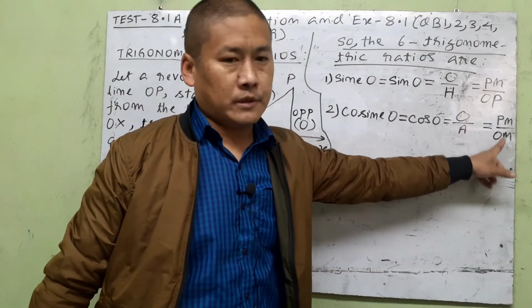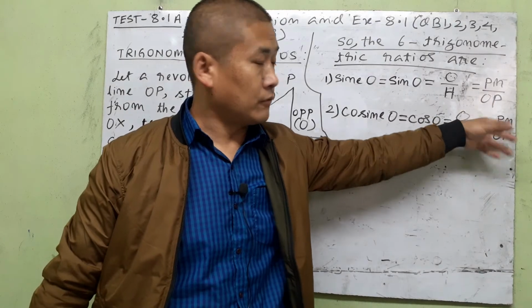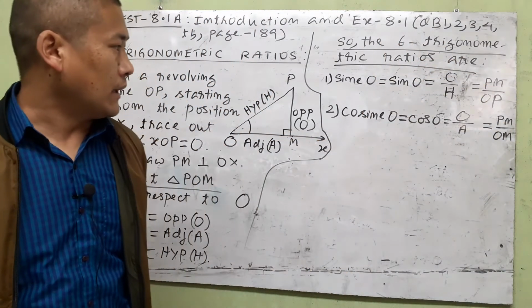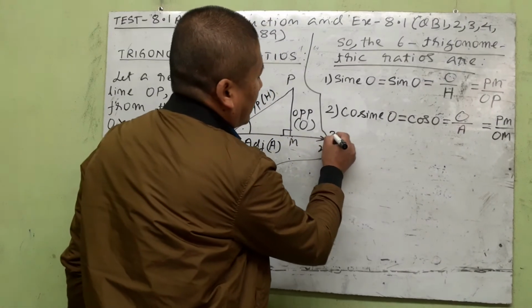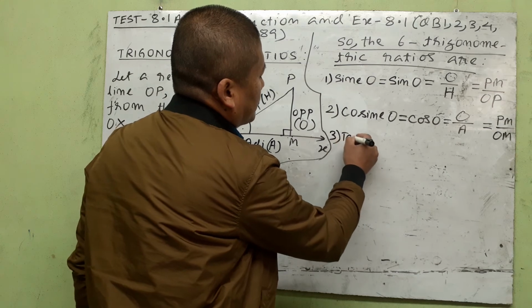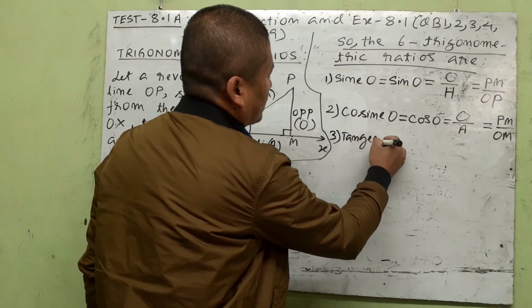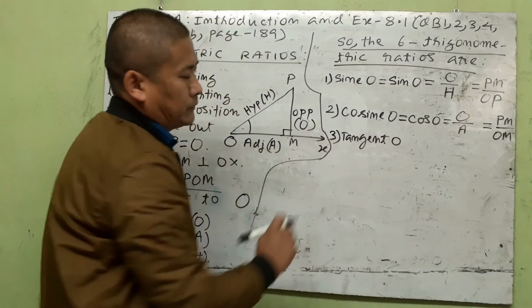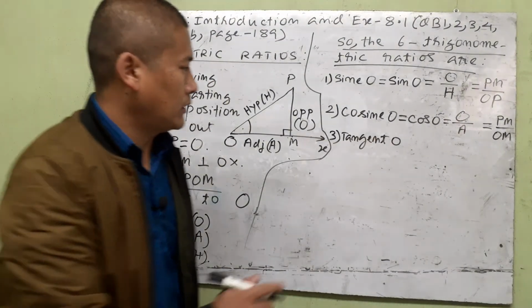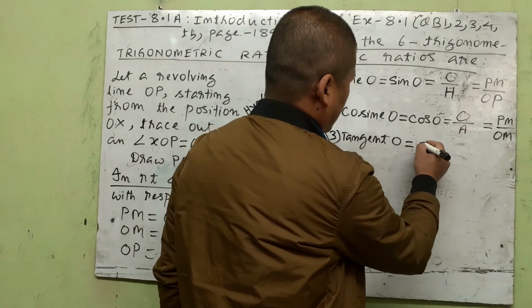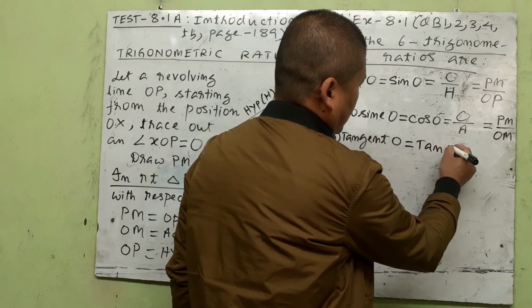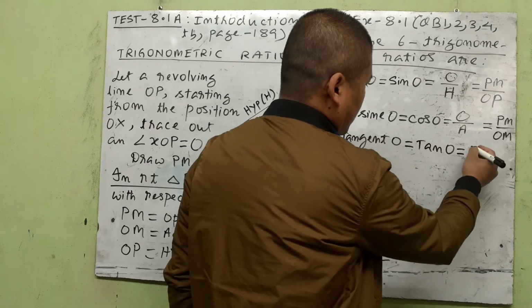These things we cannot memorize because the sides of the triangle will change if we change the letters, right? The third, like that, the name of the third ratio in trigonometry is called tangent, and we write it in short as tan O, and it's nothing but opposite